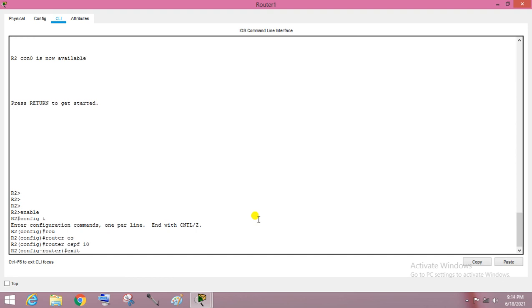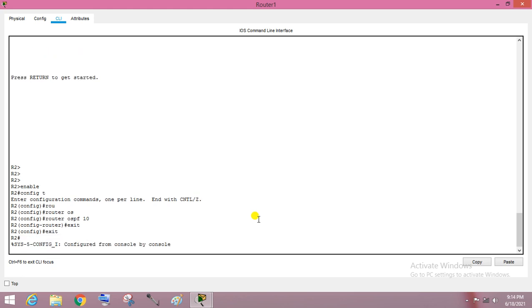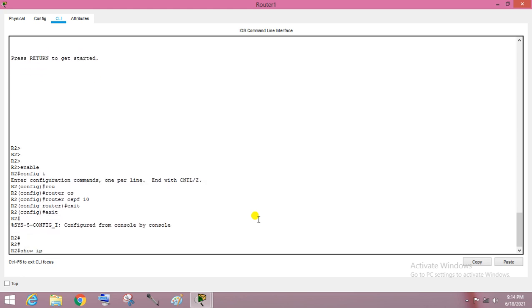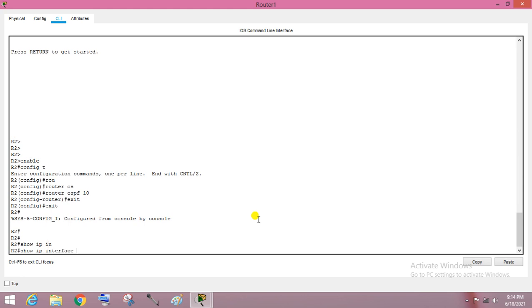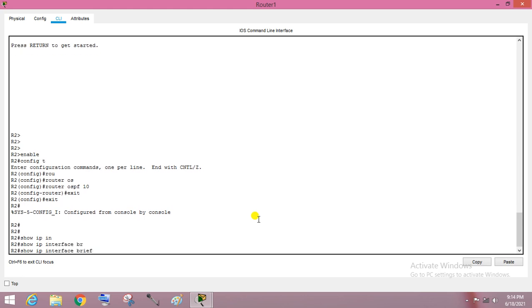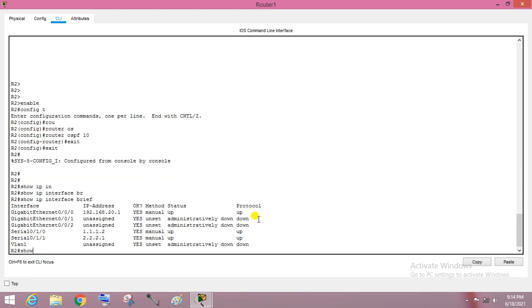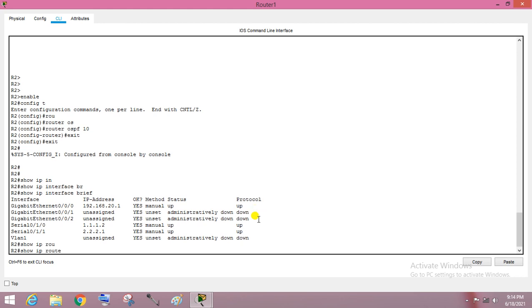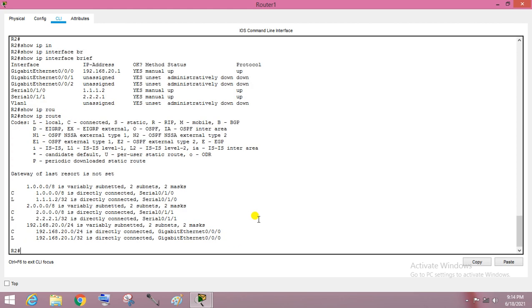I don't know, so first we verify the network. Just enter the command show ip interface brief. You can also use show ip route to verify what the complete networks are. It is 1.0, 2.0 and 20.0. So just configure it.